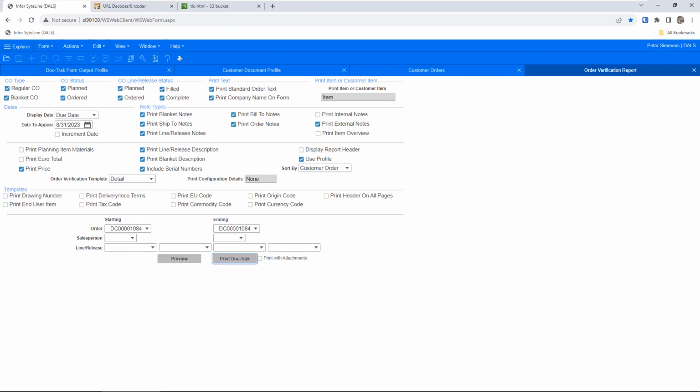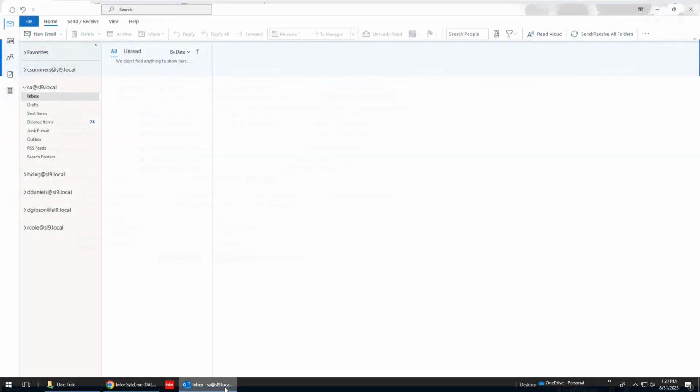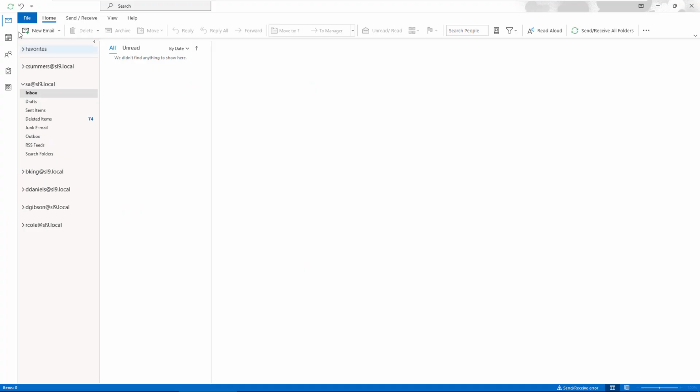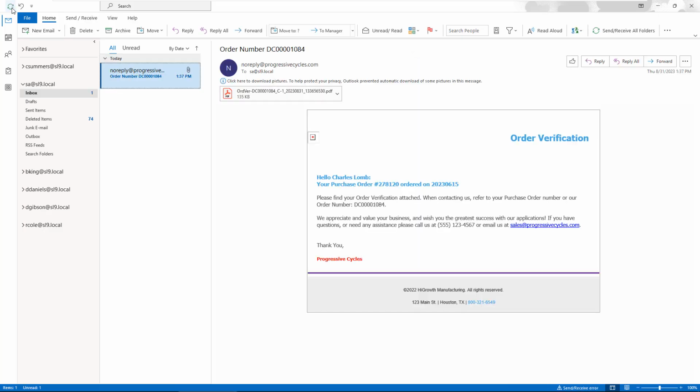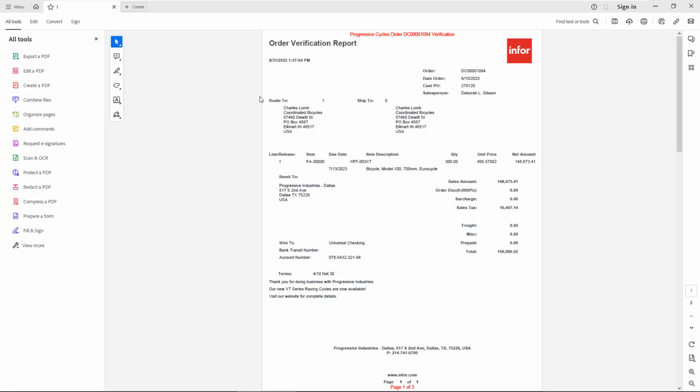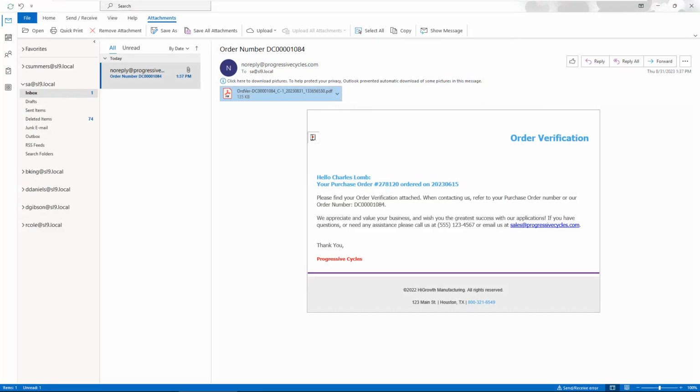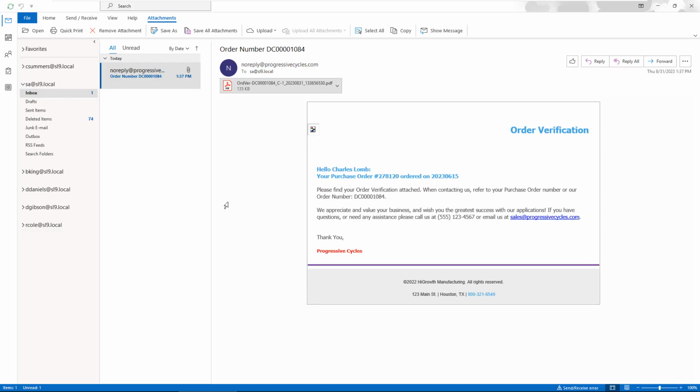Now I'll open up Outlook for that internal email address, and here's our email with the order verification. I'll download the pictures, and it looks just like we expected.